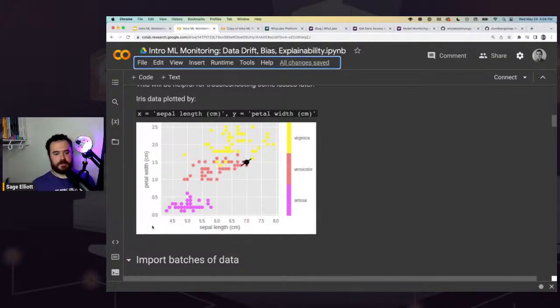So basically, it could be negative numbers in this case, or all zeros, because we know that profile is all zeros, and all 5 closest neighbors to it are going to be Setosa. So it's like, I'm 100% confident that this is the class it belongs to. Nothing else is even close to me, and that's really interesting. So it's good to think about the kind of data quality validation you might want to put on your data before you make model predictions.